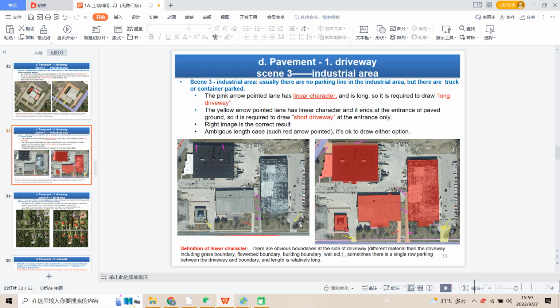And the yellow arrow pointed area, it has linear character and it ends at the entrance of the paved ground. So we just draw this as short driveway. Okay, and just follow this. Whenever there's a linear character, it's long, then draw as long driveway. And when this is short and it's not long enough, then we draw as short